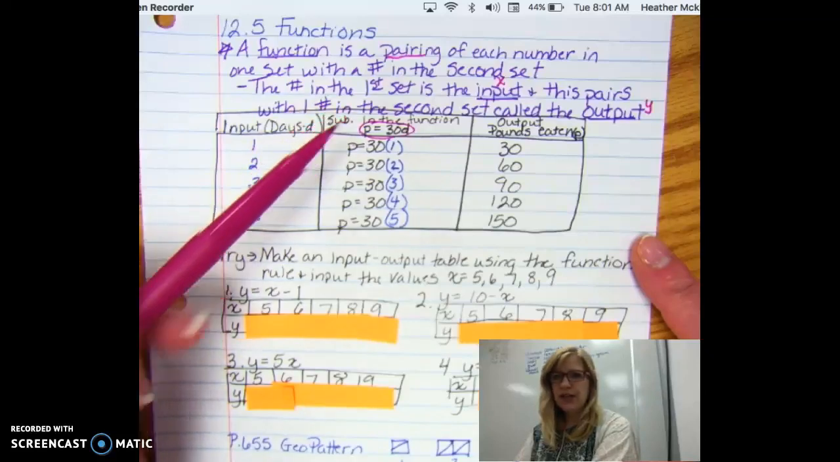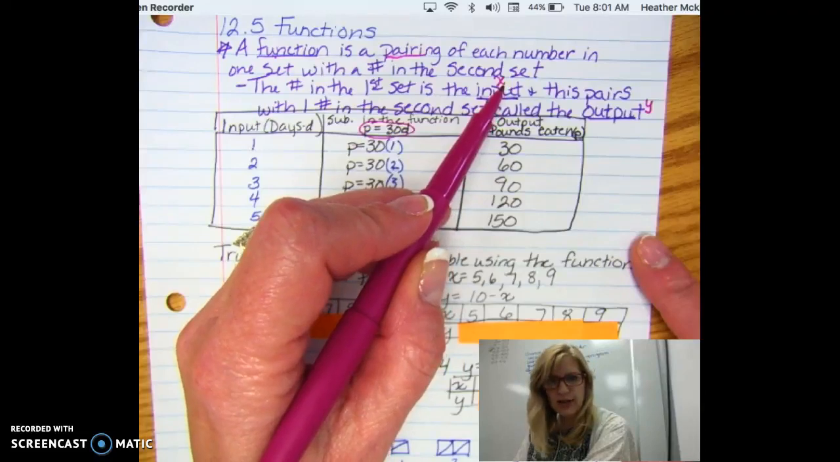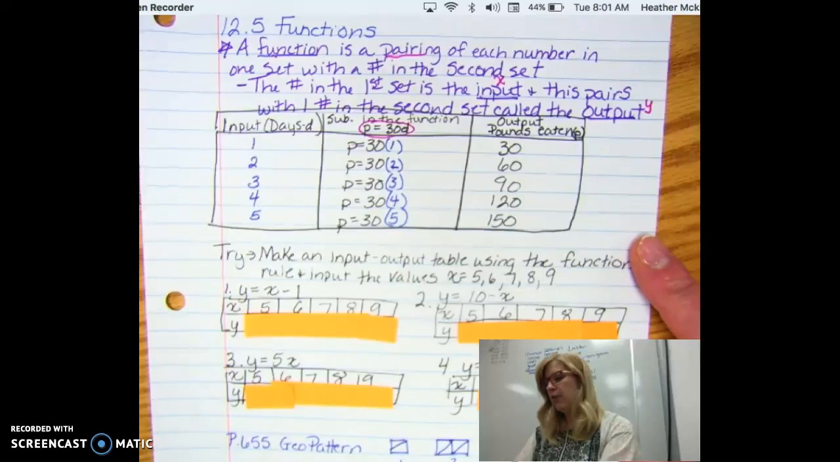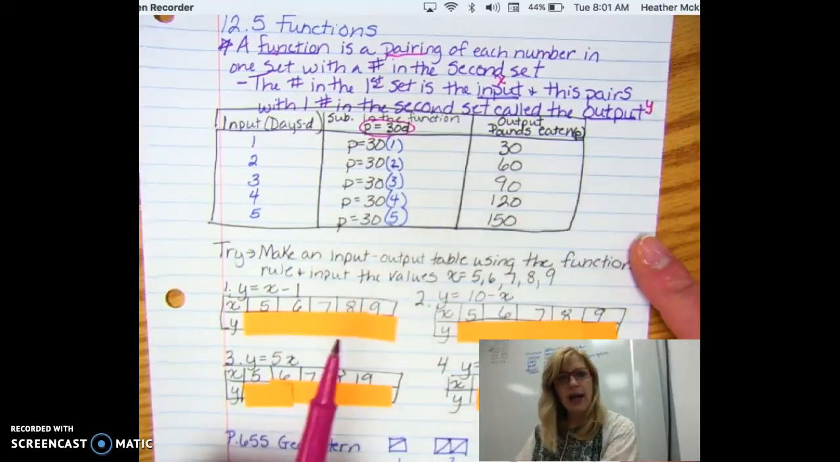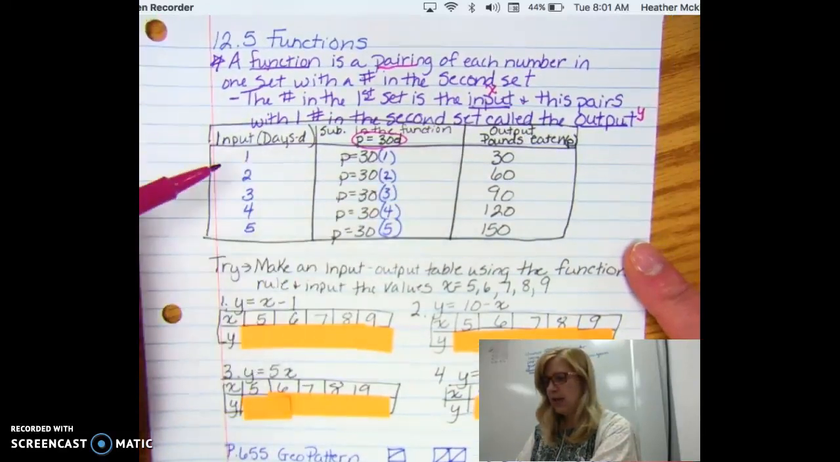The number in the first set is the input, and that's usually, not always, but it's usually an X, and it pairs with one number in the second set called the output, which is a Y. In input-output tables, there is a rule or a pattern. So I made an input-output table here